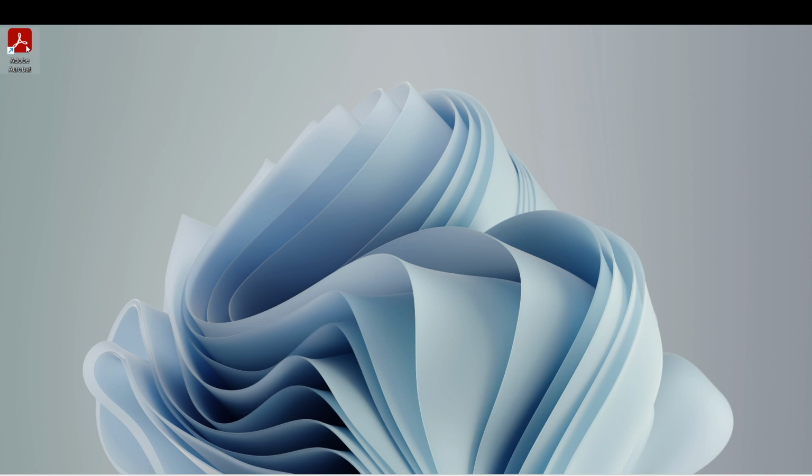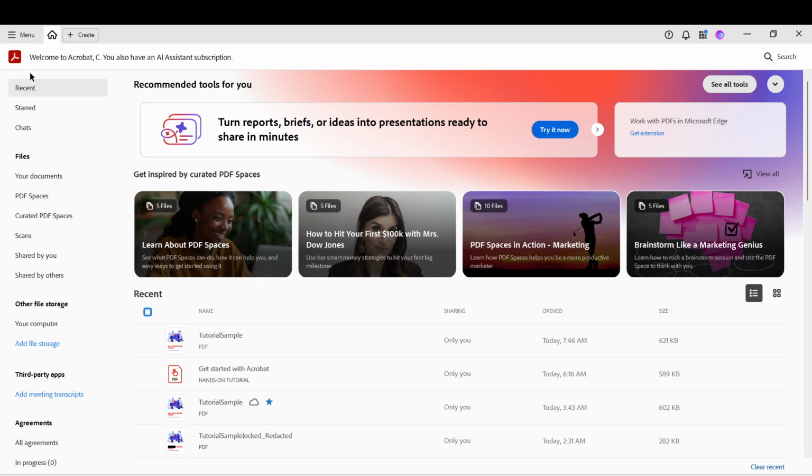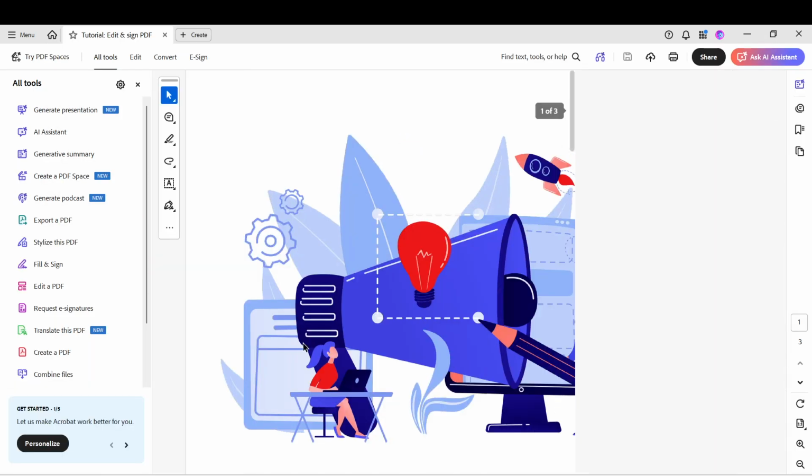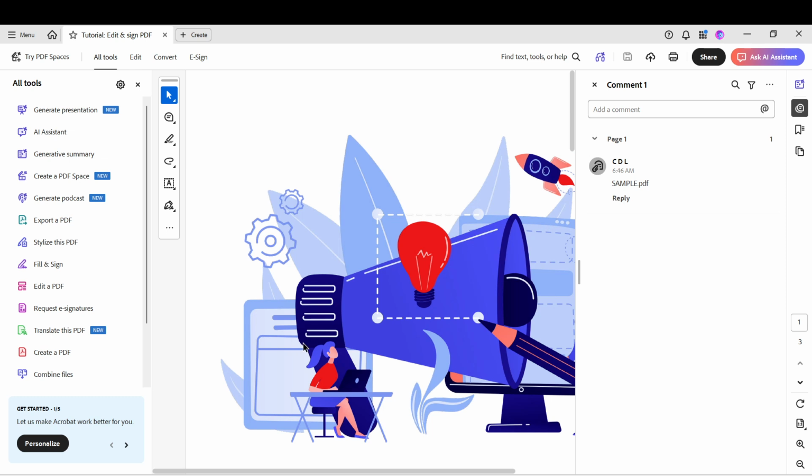This works on both Windows and Mac OS, and you don't need anything more than Acrobat Pro and a copy of Excel installed to review the results. With Acrobat open, bring your PDF into the app. You can drag and drop the file onto the Acrobat window or go to File, Open, and browse to it. Once the PDF is open, give it a quick look so you know which pages and tables you're expecting to see in Excel later.